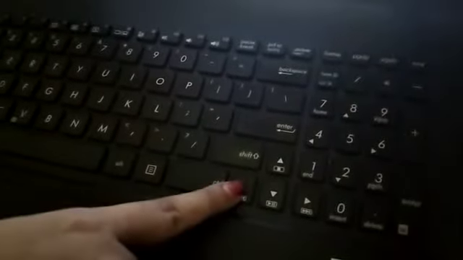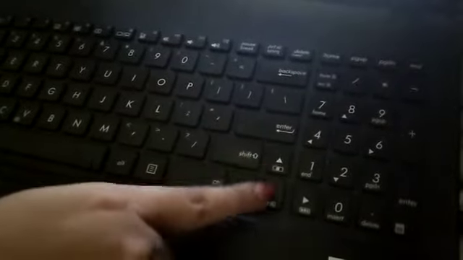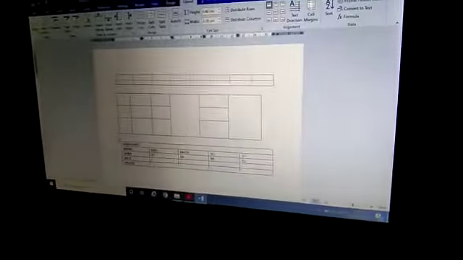With the arrow keys you can also move your cursor: the left arrow, right arrow, up arrow and down arrow. And with the tab key we can move the cursor to each and every column.